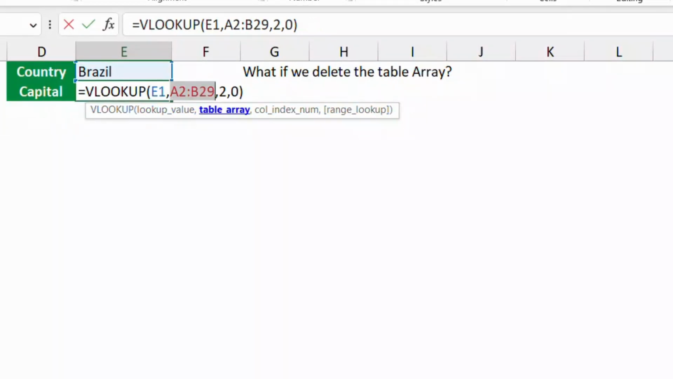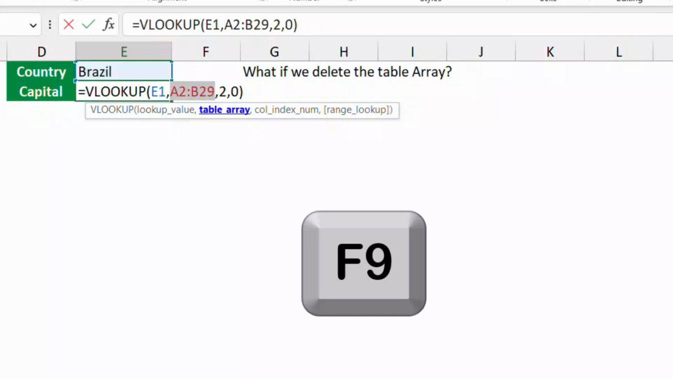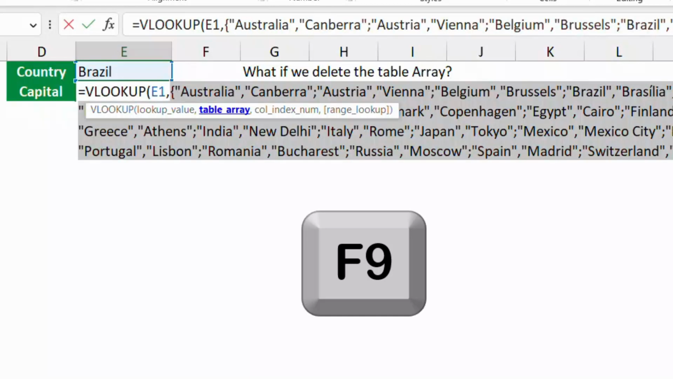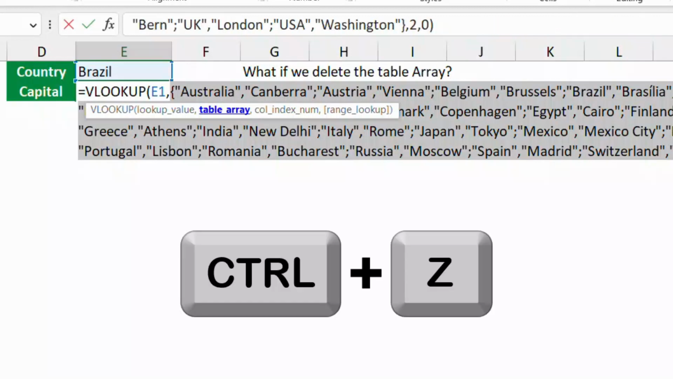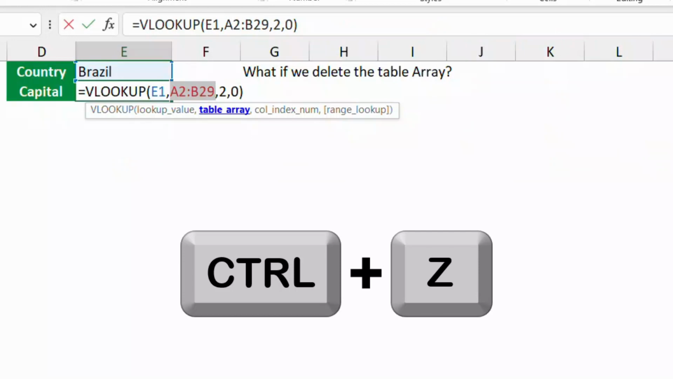and I want to test what this table array will be returning. To test a subset of a function, I hit the F9 key. When I hit F9, then I see the entire table. A comma means a different column. A semicolon means a different row. That's the entire table. Usually what we do when we test, we hit Control Z because we don't want to